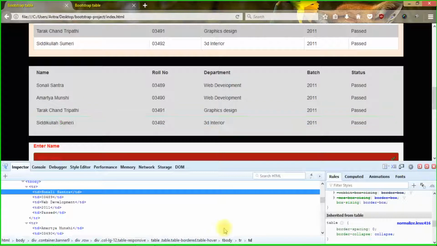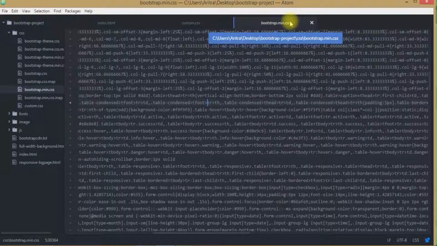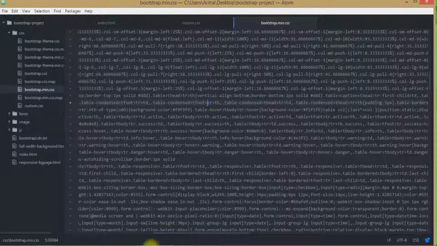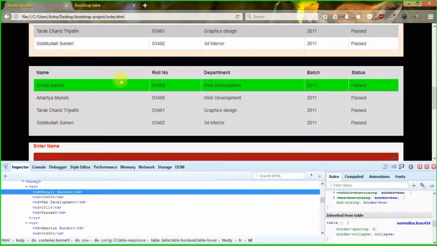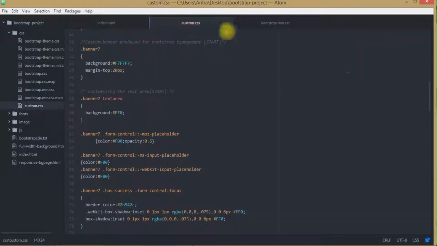If it is not present here, then we will be looking for the same class in this bootstrap.min.css. You need to make those changes into this Firebug condition, and then you have to look for those classes inside this bootstrap.min.css, and if found, you need to copy all of them, and then get back to your custom.css and place them over here.